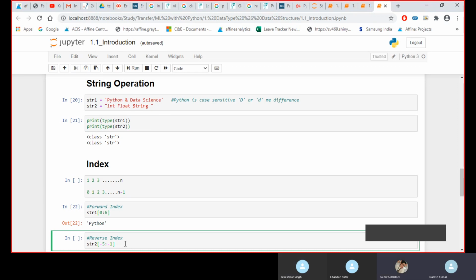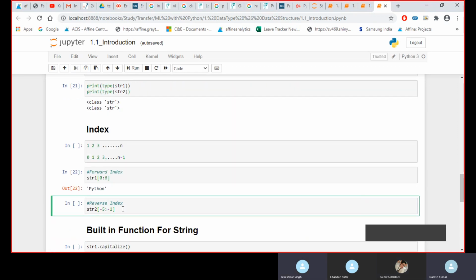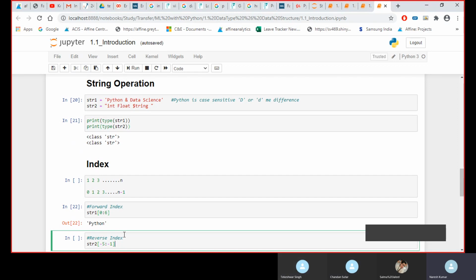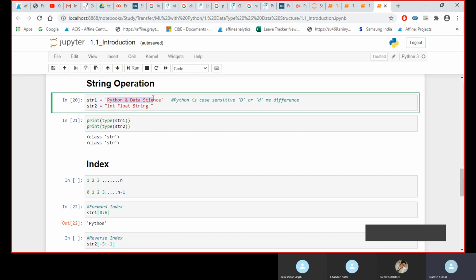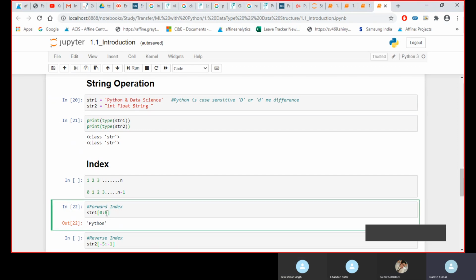So in Python, how it works is, when you are going from 0 to 6, from left-hand side to right-hand side, it will start with 0, then 1, 2, 3, 4, 5, 6, 7, whatever the range is. And whatever the upper number is, it will always give that minus 1.